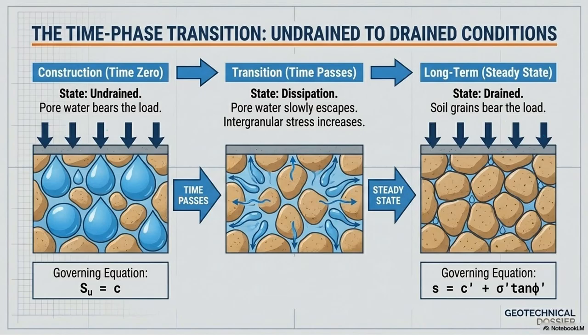During the undrained state, the soil has water molecules, and these water molecules will start bearing the load. So in this condition, the governing equation is that the shearing stress is equal to the cohesion of the soil. And as time goes on, the soil particles come closer. In this figure, you can see that the soil particles come closer and the water starts oozing out, or escaping like this. So this state is said to be the transition state, where the dissipation of the pore water